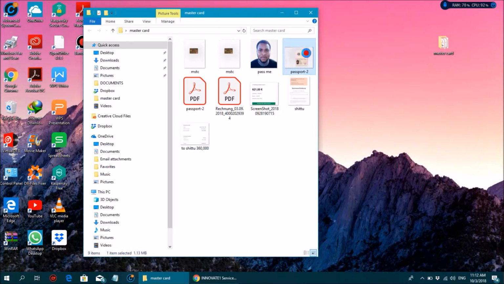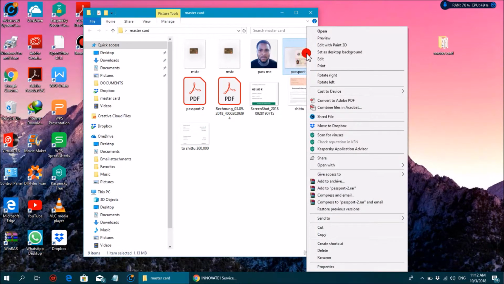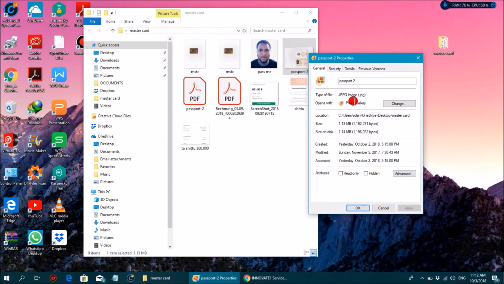So just click on it, right click on it, then you go to your properties. Now you see the information. Here is the size on disk, 1.14 megabytes. So this one is very large, they won't accept this.